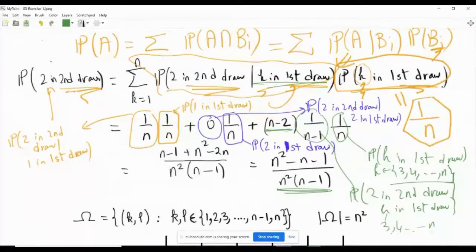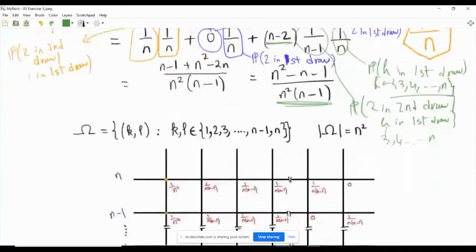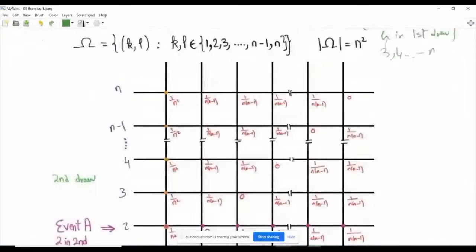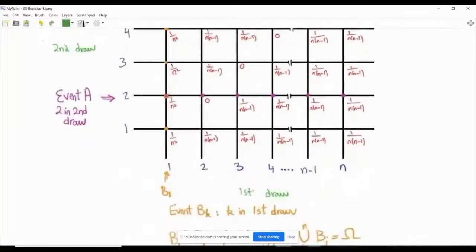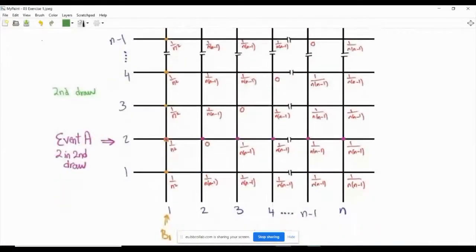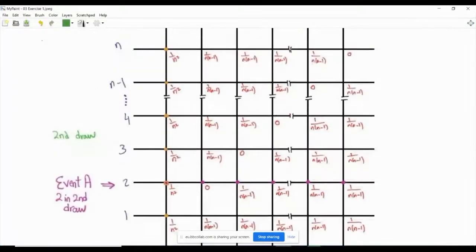Note that here we do not really need to think about big omega, and you are advised that if you do not have to think about big omega, don't think about it. But for completeness, here is the big omega of the experiment. It is a set composed of ordered pairs,